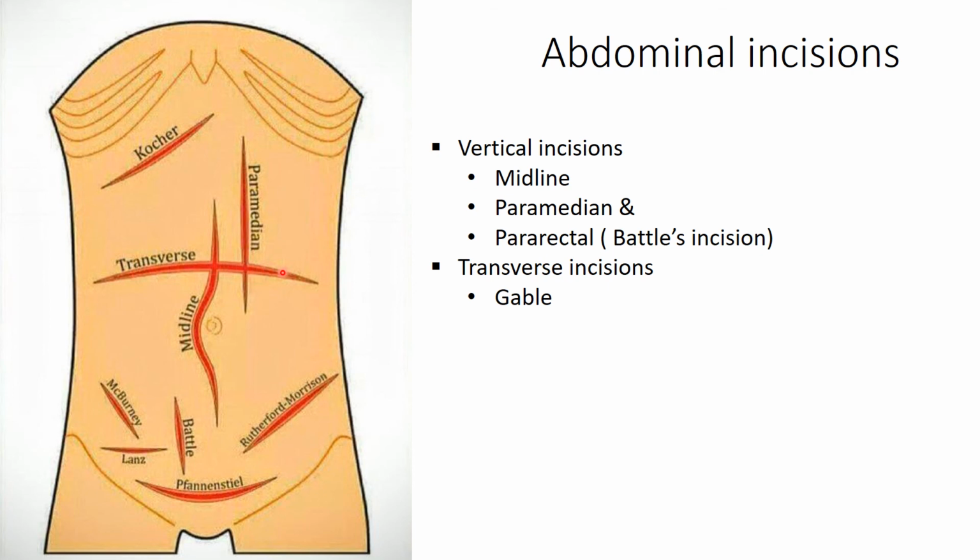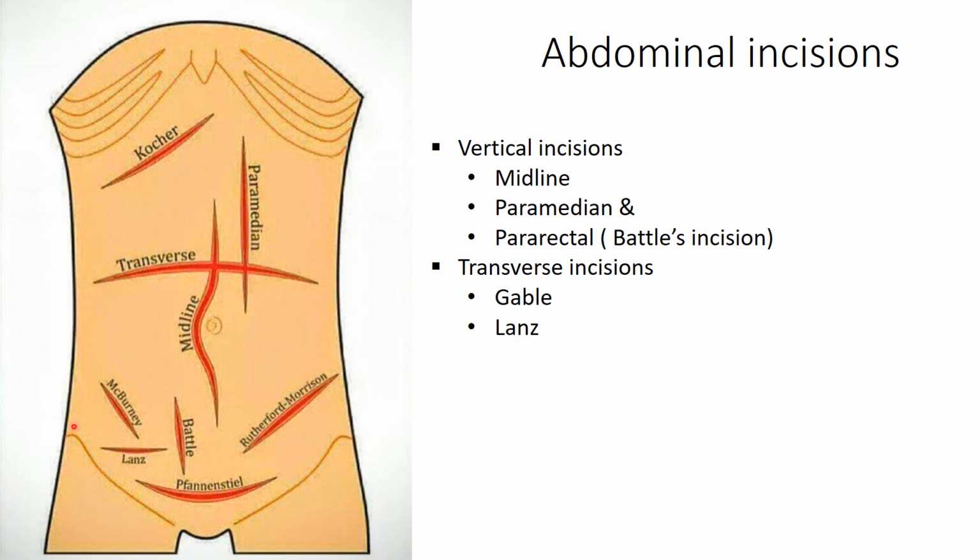Pros: they cause less pain and give good access to the upper GI structures, and also cause less damage to the muscle and the nerve because they run parallel to the split and that can be rejoined. Limitation: limited lateral access and higher risk of infection and hematoma because of this damage to the vascularity.